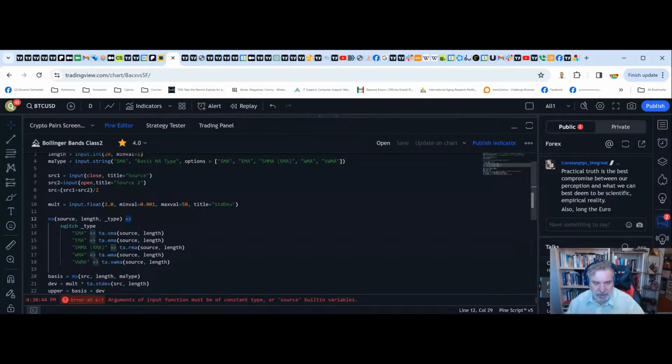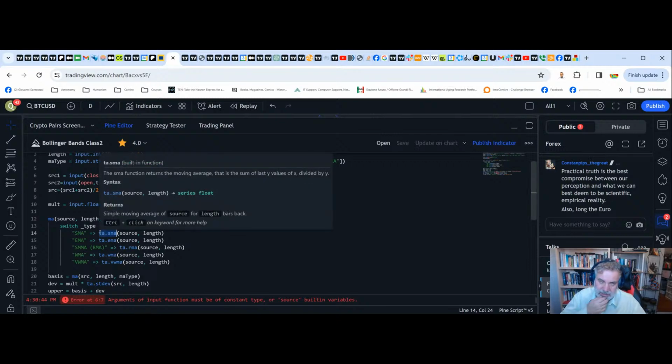And in this case, there is this command called switch type, where it's looking for the type that is here, this little string, right? So it's looking at which string you use as an input, and then it goes through all of them. And if it's the particular one that you've chosen, like for example the simple moving average, and again, a little arrow that tells it, okay, do that, right? So basically do this operation that is